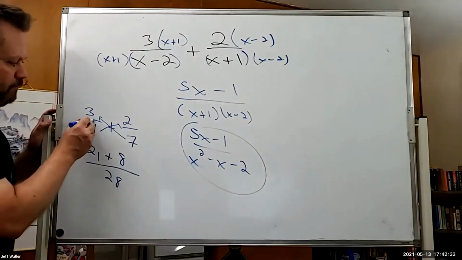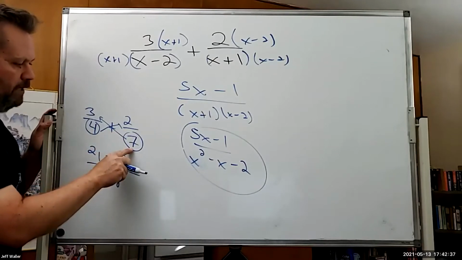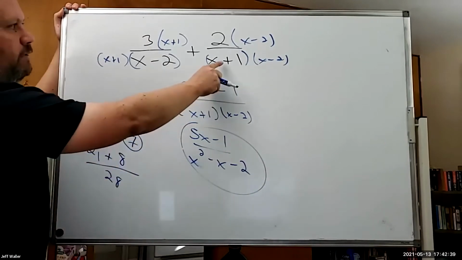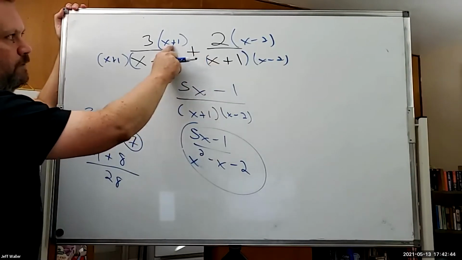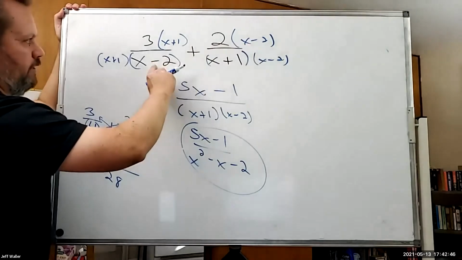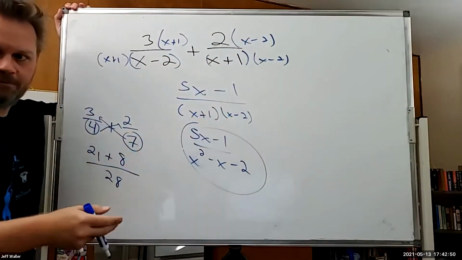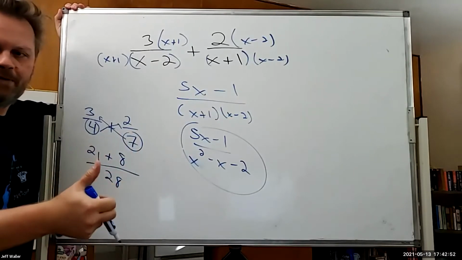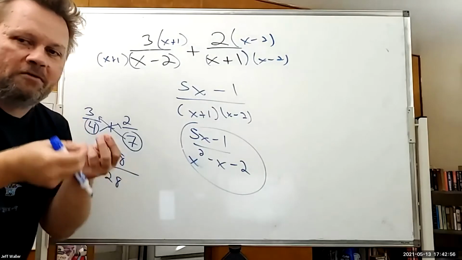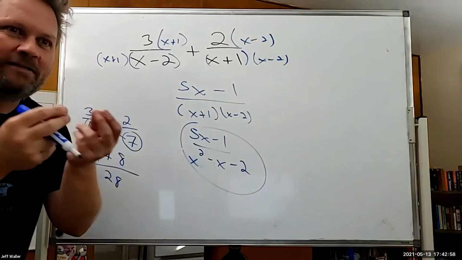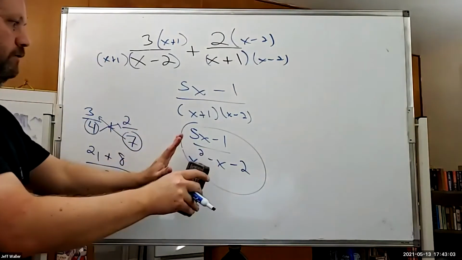And again, it really only works well if these two are relatively prime. Because look, doesn't he need an x plus 1? So doesn't it look like that just came up here? Doesn't he need an x minus 2? Doesn't it look like that just came up here? And the bottom is the two multiplied. Okay. There's a ton of stuff like that, and you need to start making your own shortcut kind of stuff like that, right? Okay. Now, again,